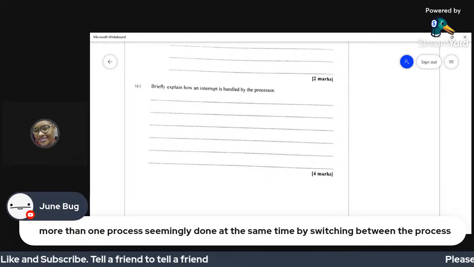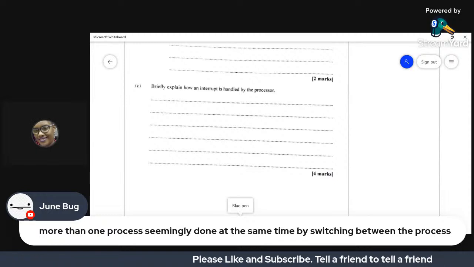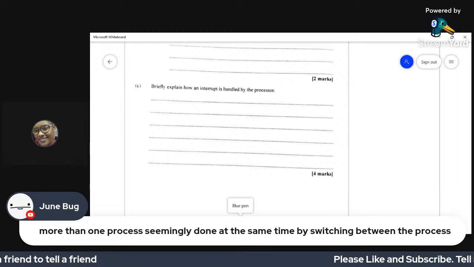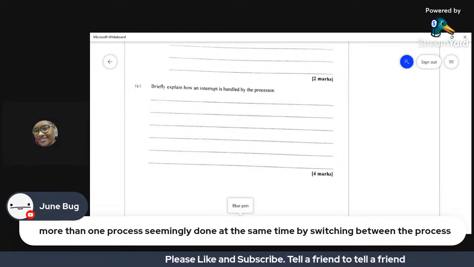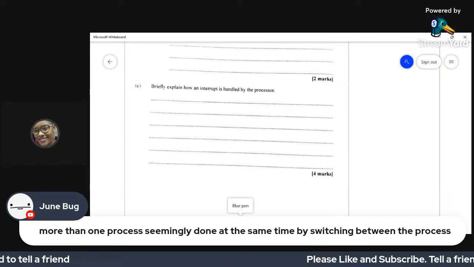So to make it more applicable, you sent a document to print, right? And you are also trying to open your browser. Now, the first process, no, let me not use the browser. Let us use printing. All right. So you sent a document from Microsoft Word to be printed.